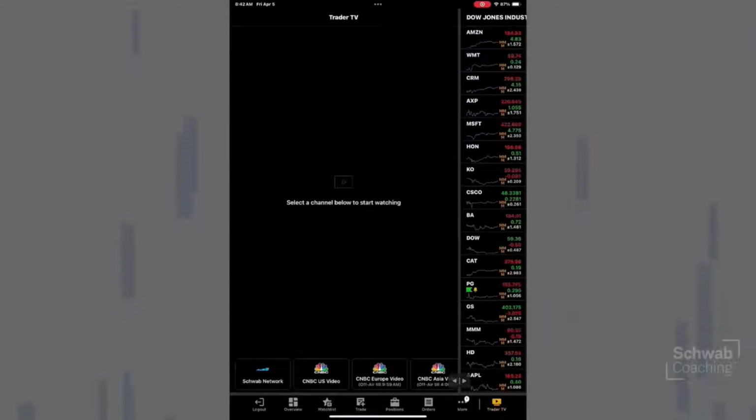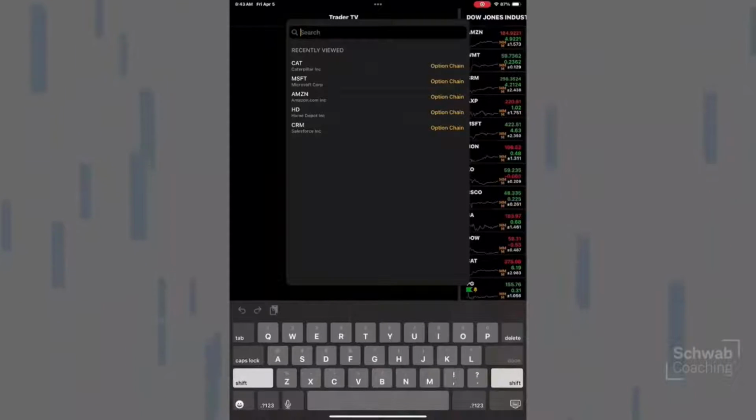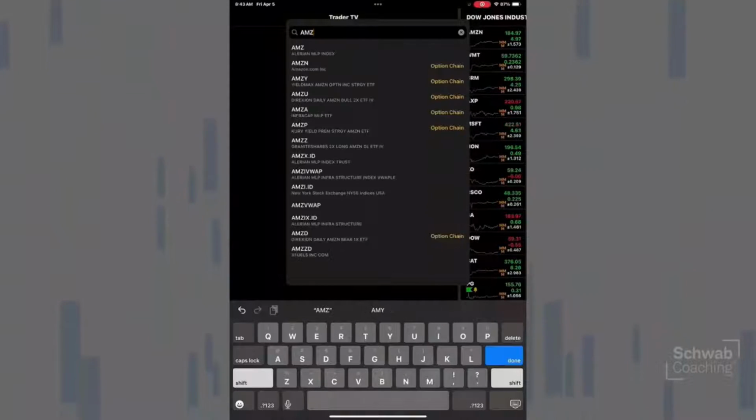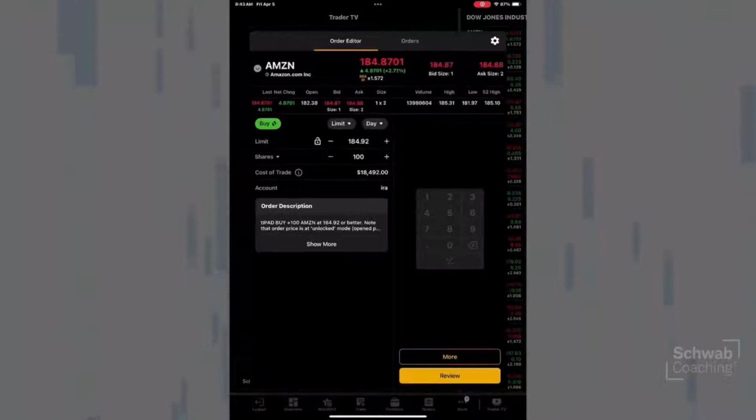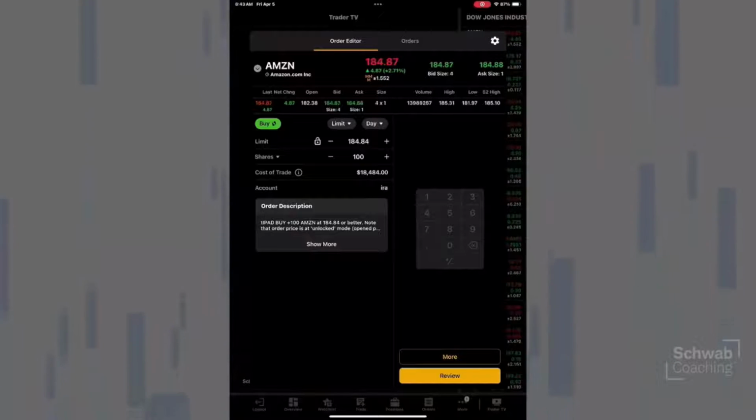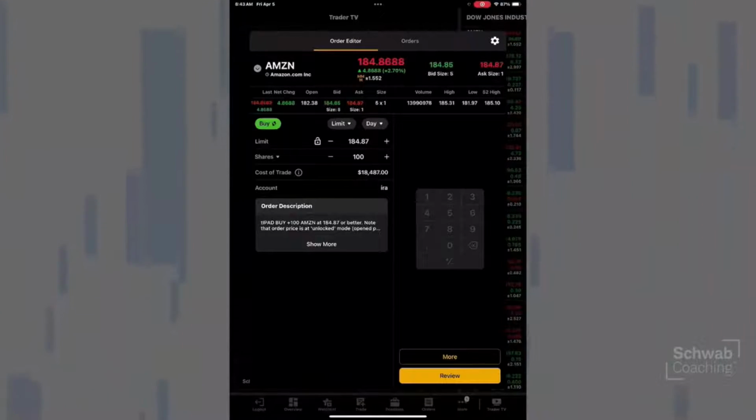Okay, now let's talk about how someone would do a trade using the platform. So the first thing I want to do is just use those icons. Let's go down to where we can just click on the icon at the bottom, trade. And if I click on the icon at the bottom, I'm just going to type in AMZN, okay? And then press enter. Now, what you're going to notice is we have a screen that pulls up that shows us the information about Amazon. And we see that this is a stock example. No expirations or strikes, nothing, just stock, okay?